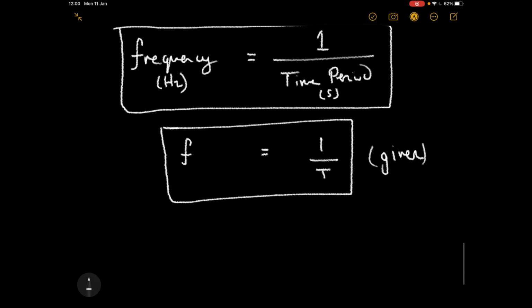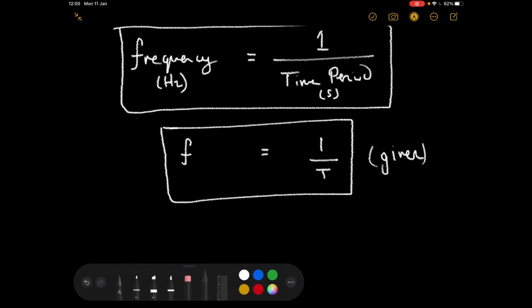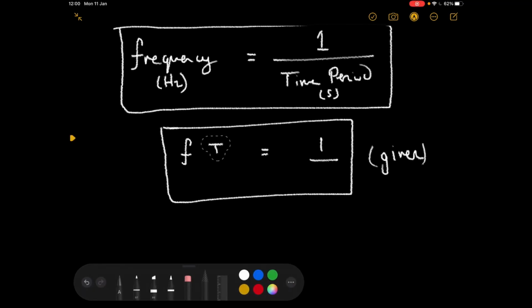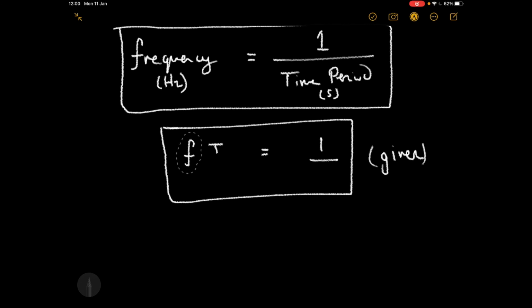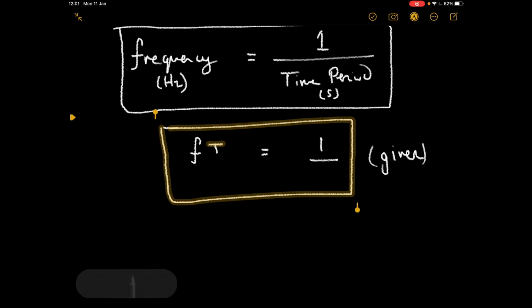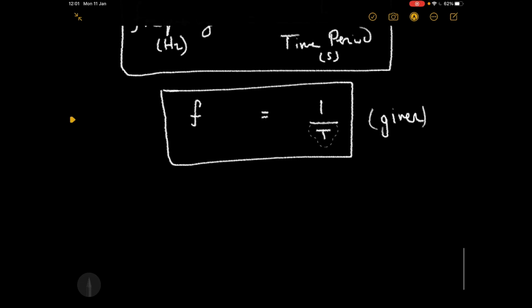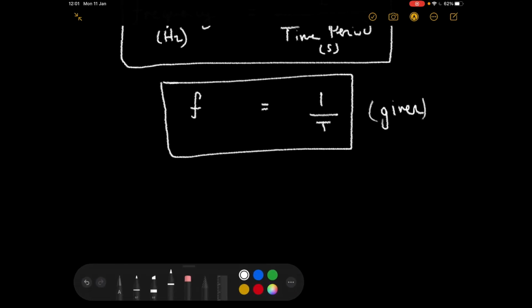Similarly, you can swap it around by multiplying up through by time period and dividing through by frequency, and you'll end up with the opposite of that, which is time period is 1 over the frequency. So that's how the two equations are generated. Now, if we think about what this means, given that frequency is 1 over time period, if we think about what it means for our